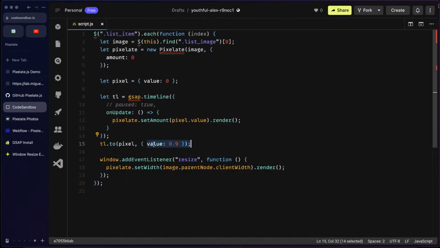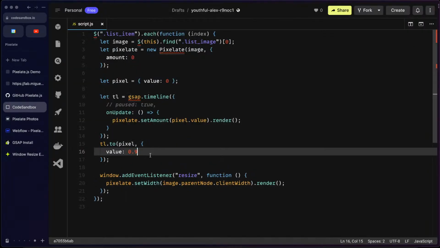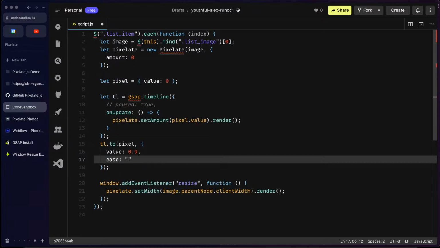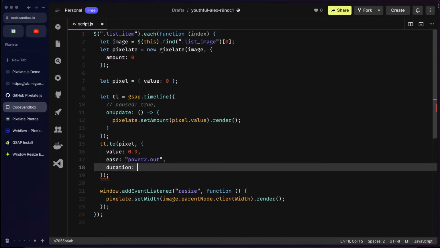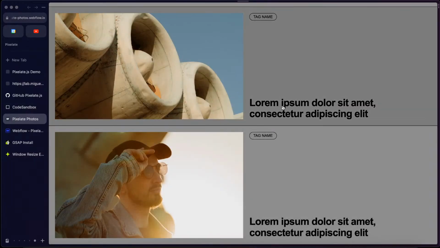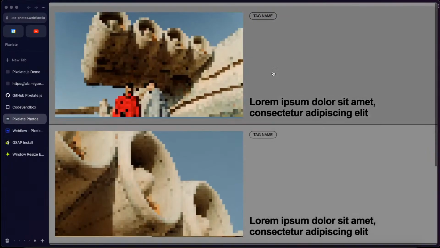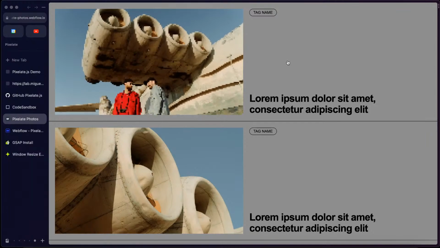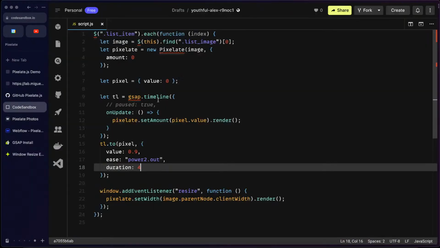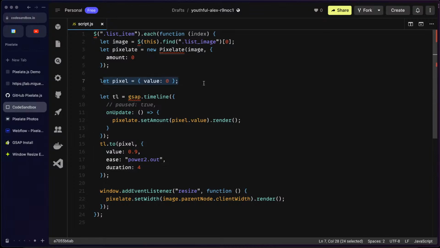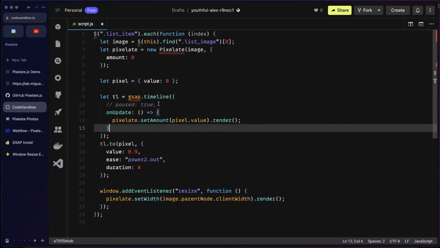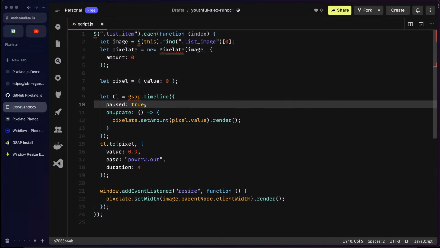And the great thing about this is we have access to all the good stuff in GSAP. So we can do a power2.out ease. We could change the duration to something longer. And if we save and refresh that, there we go. Yeah, so it's doing one at a time. And I think the reason for that is, I created this pixelization amount inside of the loop. But I think this is fine, because we're going to have them all paused by default,